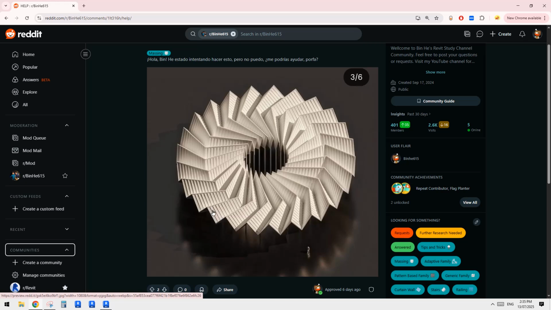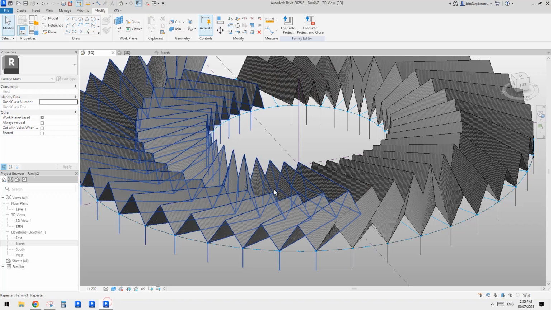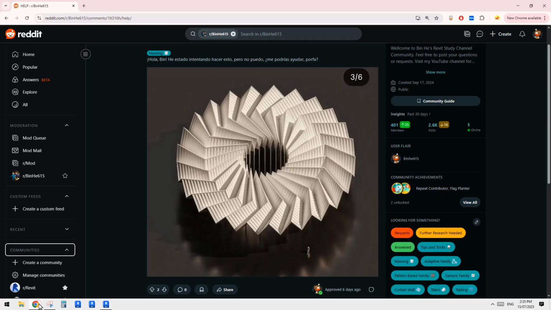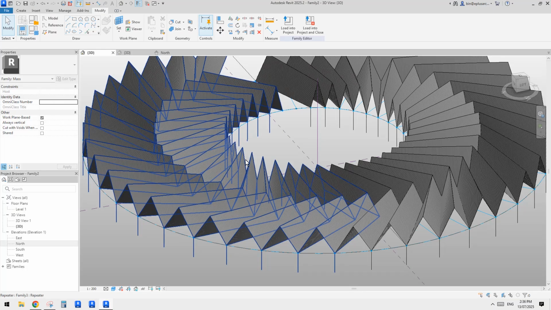Because if you really want to do something like this, we can also have another adaptive family inside of that panel. So let me think. Should we do this? Yeah, maybe I'll just leave it, because it can be very heavy. Not recommended. I'll give you some idea. Okay, so